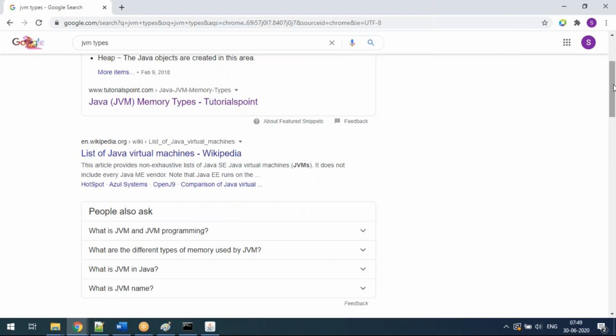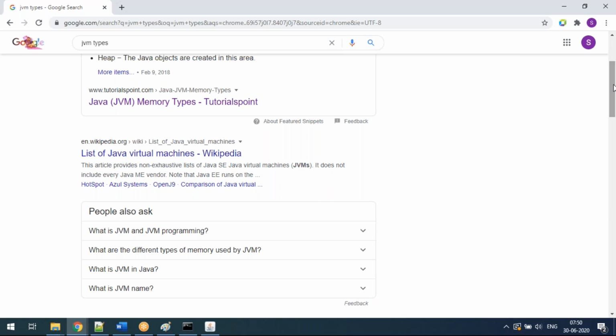JVM is nothing but this: if I deploy my application, you can take it as Apache Tomcat also, no problem. You deploy your file in the Apache Tomcat server, which creates a Java virtual machine to run your compiled code.